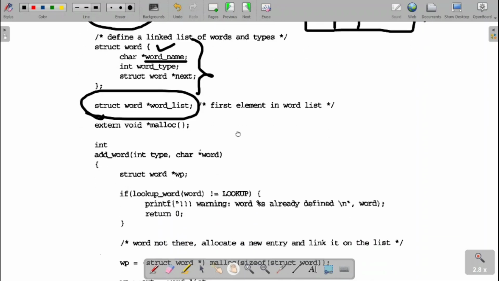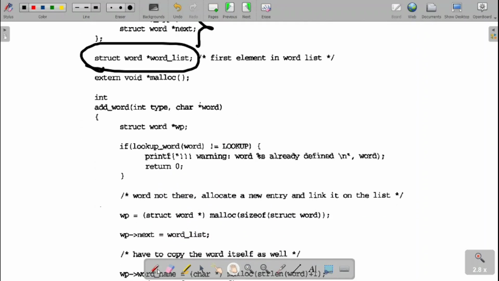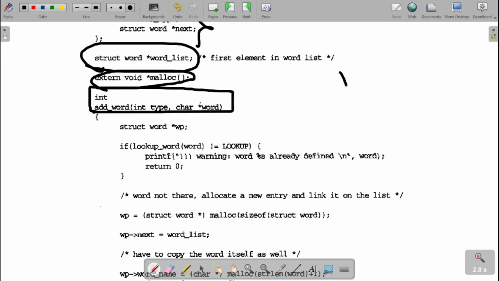Then next will be the two functions. One is malloc, which is used for memory allocation, dynamic memory allocation. Then next will be the add word function. Two functions we come across: one is add word, the other is lookup word. So this is my add word function. What I used to do was verb, then "is" was there. Now when I call this, what arguments will be passed? "is" will be passed along with its type 1. So 1 is copied to the type and the word is copied to the word over there.